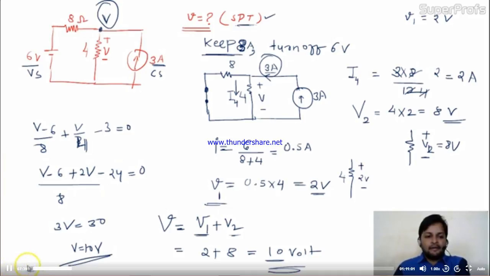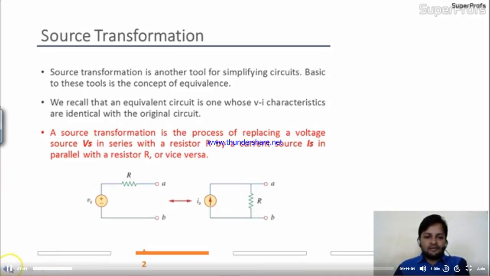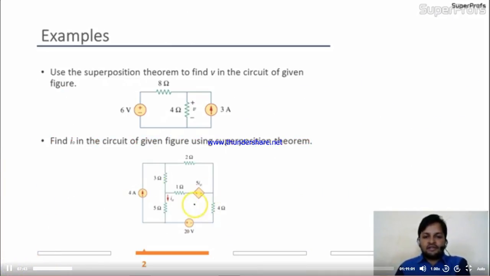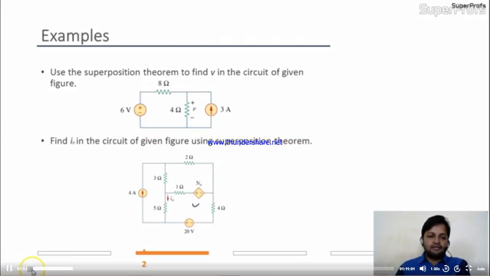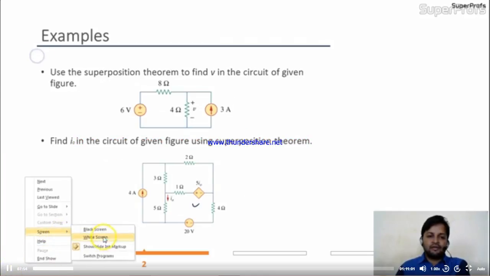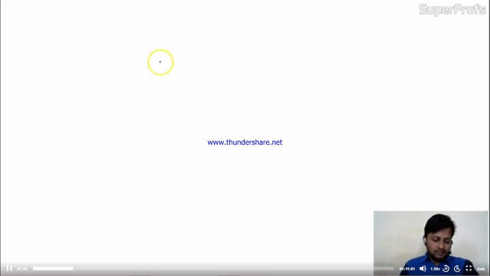Okay. Now come to the second question. The second question contains a dependent source. So I'll show you how to solve the circuits having a dependent source in it. Okay. The question is,